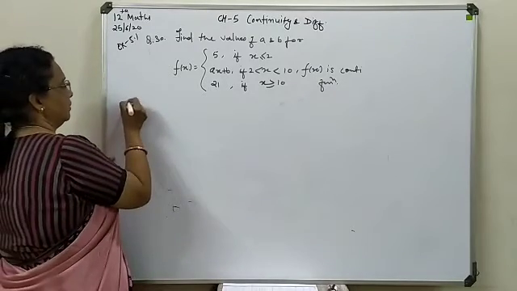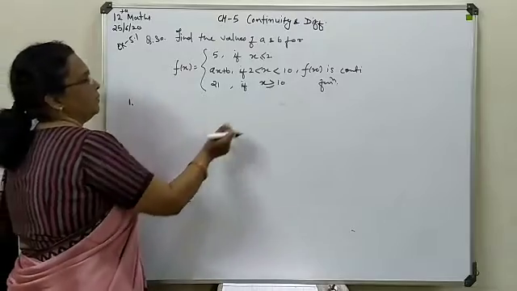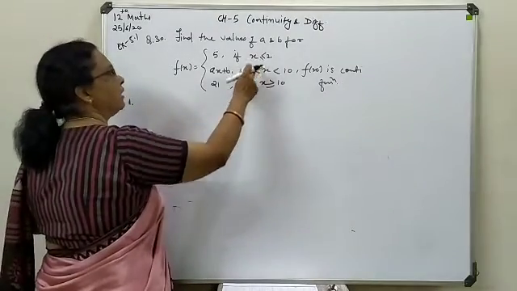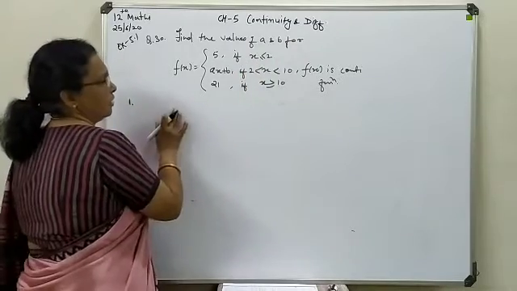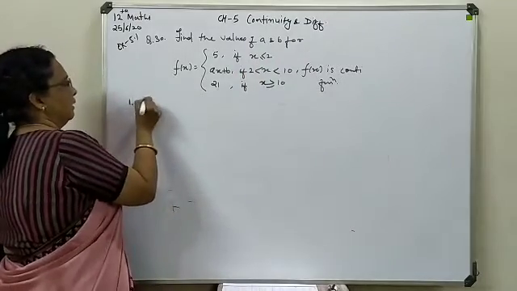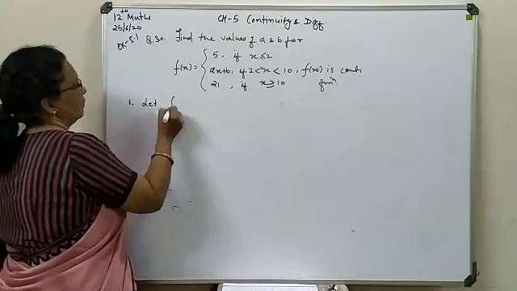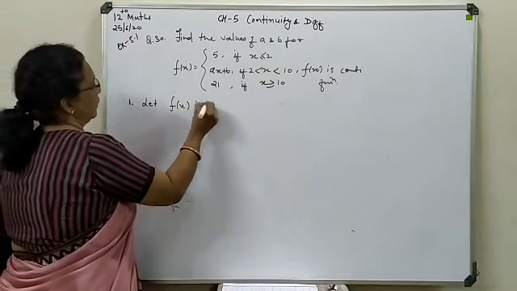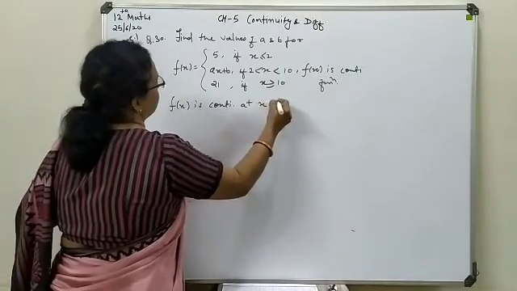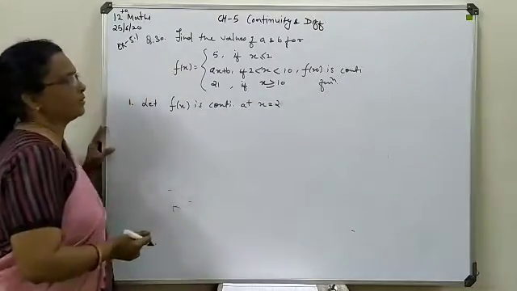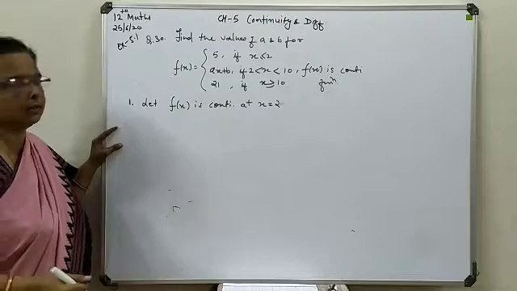So the first part, here you can see regarding these two, equality is also maintained, lesser than and greater than sign is also maintained. So first we will suppose that f(x) is continuous at x is equal to 2. So on the basis of that, one interrelation we can define.